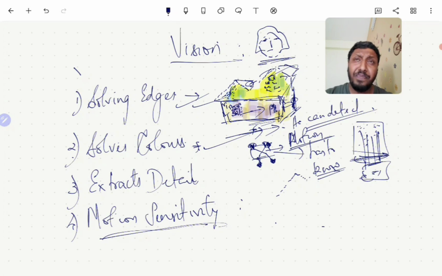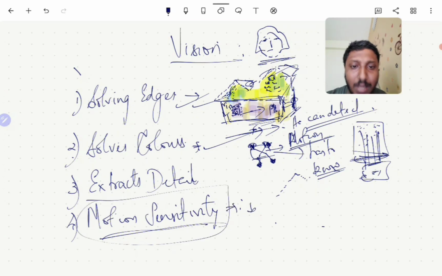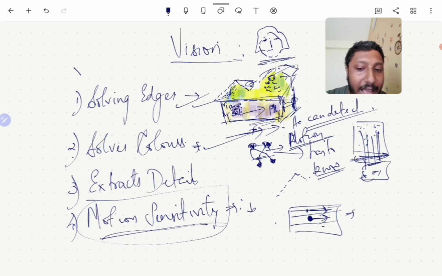One more thing is that if you are moving your head too much like this, the image will be falling on different parts of the retina, because your whole head is moving. But then all these motion sensitive cells will start firing, because the whole retina is moving. But these sensitive cells are actually based on background. So if there's a background like this, and then there's a small thing, this moves and this moves, if the background and the object in front both move, actually it is not recorded.